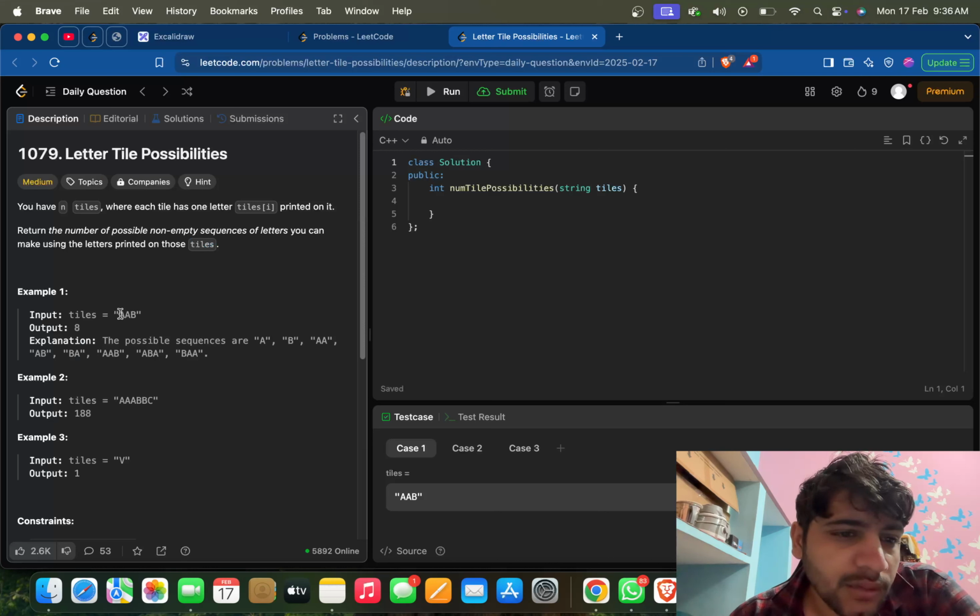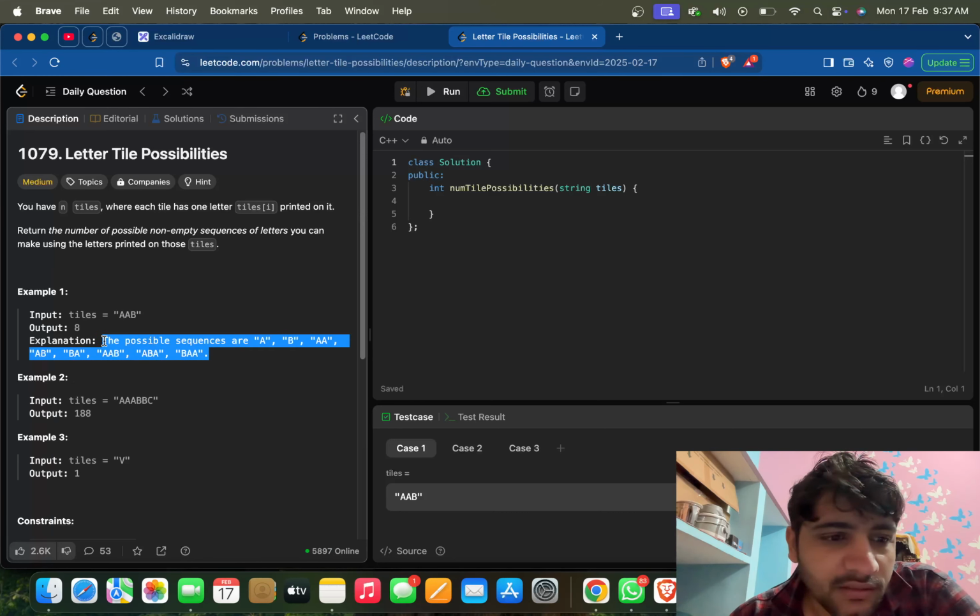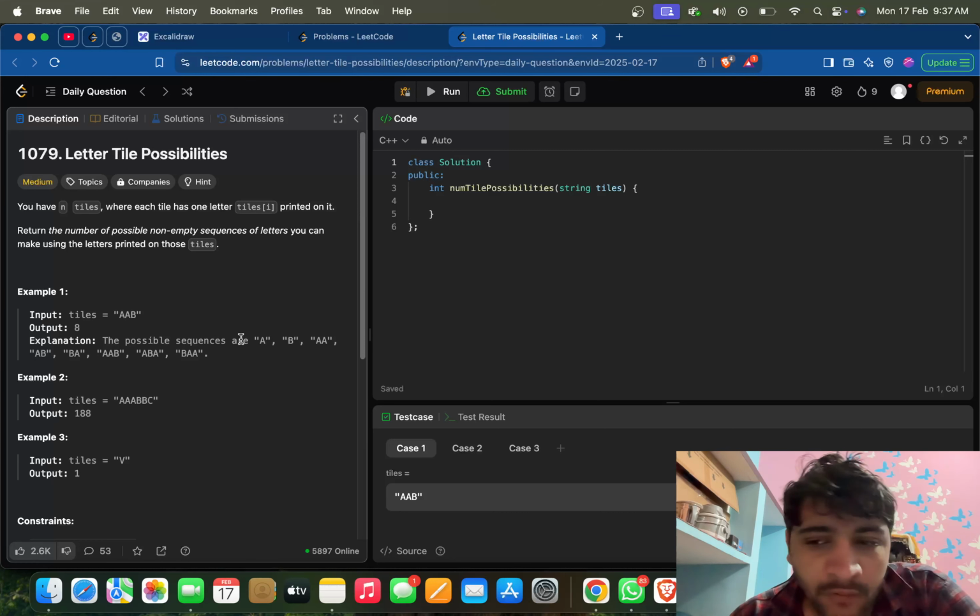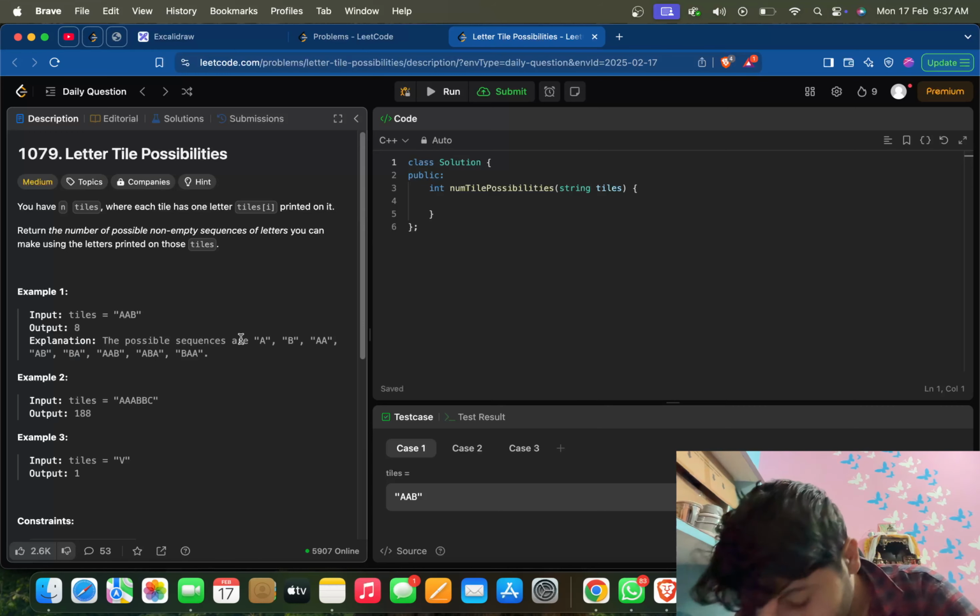So what can be the possible sequences with A, A, B, three tiles? A alone, B alone, A B, B A, A A, A B A, B A A, A A B. I mean, that's a standard backtracking question, right? Obviously, where we need to explore all the possibilities, we go for backtracking. So what we can do here is